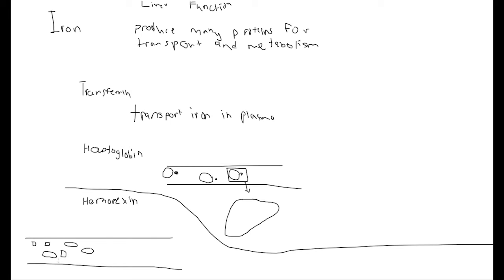Because cytoskeletal proteins are important for those red blood cells, and we don't want them to be altered by this free heme. Not only can heme alter the cytoskeletal proteins in red blood cells, it can also cause oxidative stress, as well as